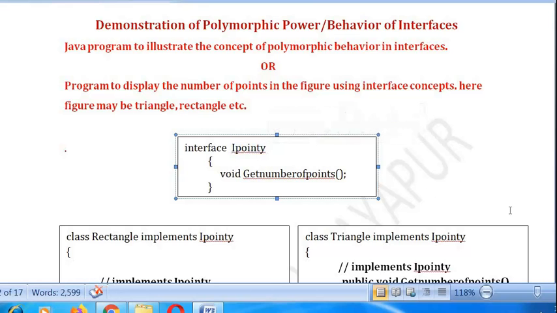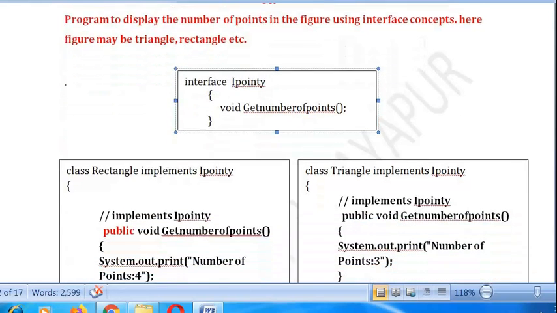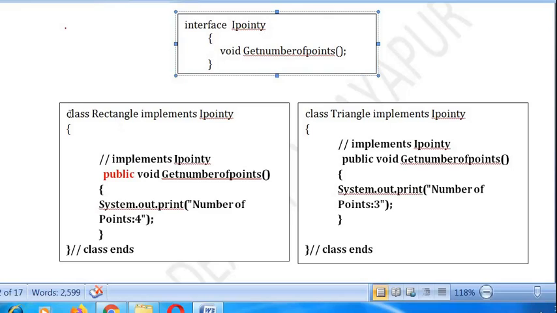So coming to the class which implements the interface IY. The class Rectangle implements IY. As you know already, in order to implement the IY interface, we need to use the keyword implements. Like to derive one class from another class, we use the extends keyword, here to implement an interface, we need to use the keyword implements. The class Rectangle is implementing the interface IY.